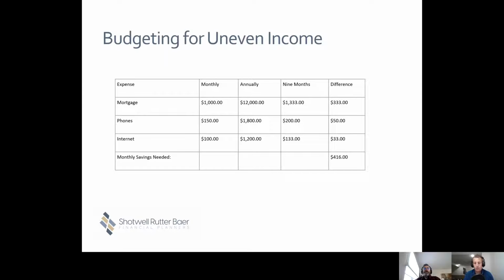And I know a lot of the MSU faculty uses the MSU credit union, and I believe they have that built right into their account structure where you can label